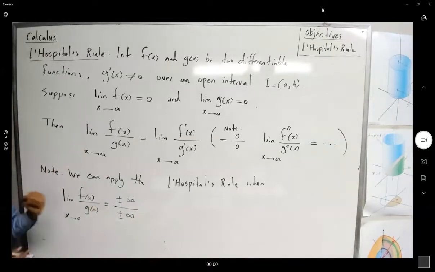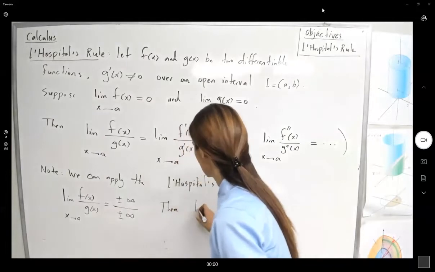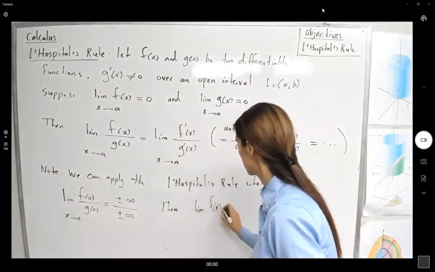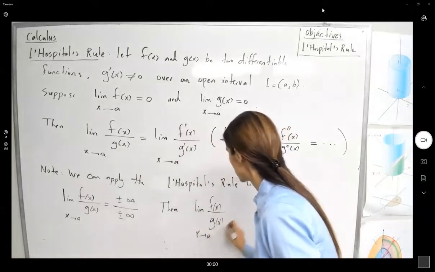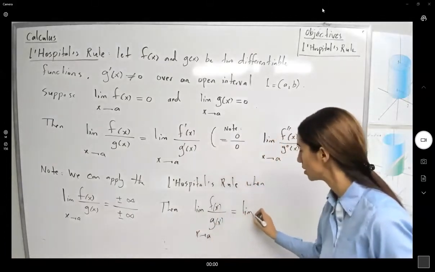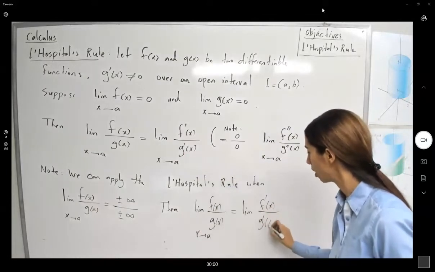It means that the limit of f of x over g of x as x approaches a is equivalent to the limit of f prime of x over g prime of x